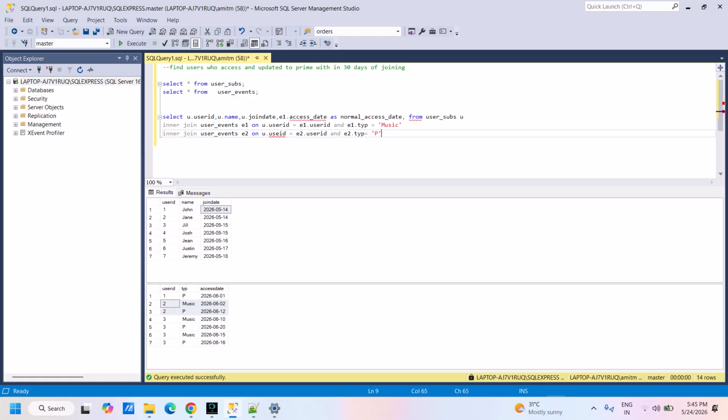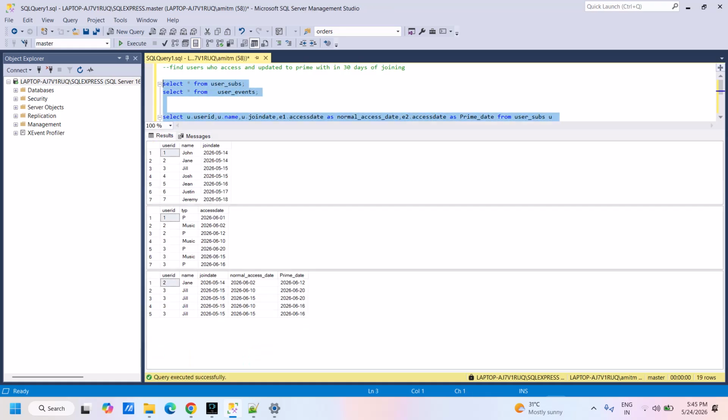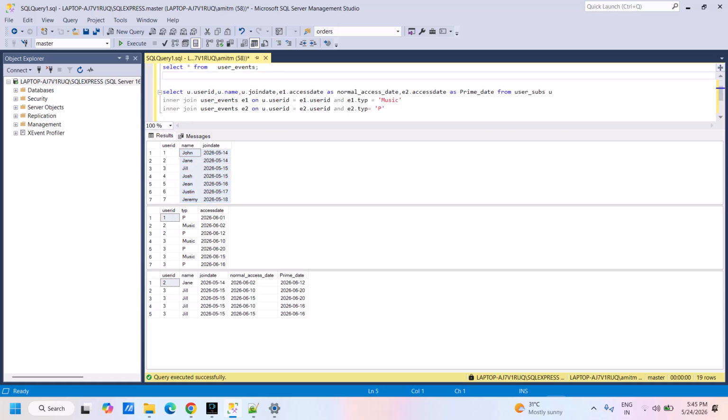Okay, so let me put this as e2.access_date as prime_date. Okay, so now let me run this and then it will be clear. Okay, so these two are our source tables. This is just the user details. And then this was our table in which we have the dates of normal account access and switching to prime. So now you can see here,